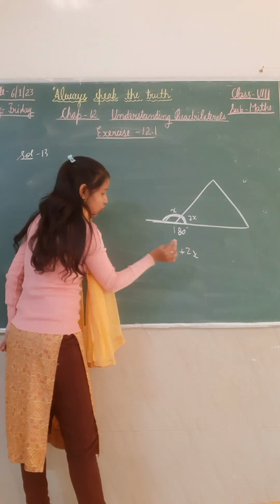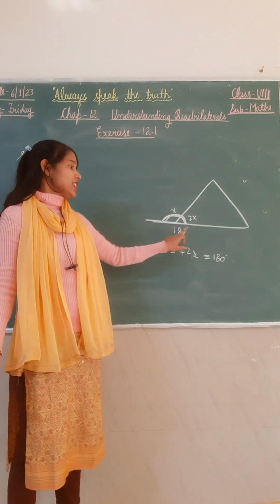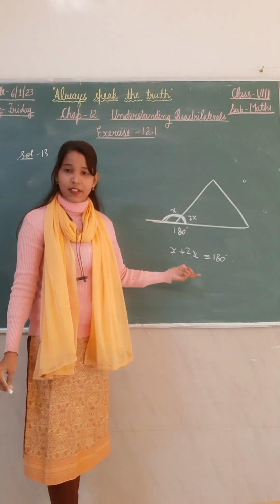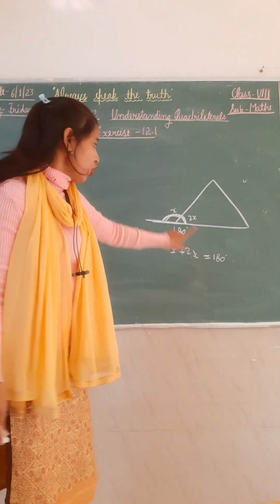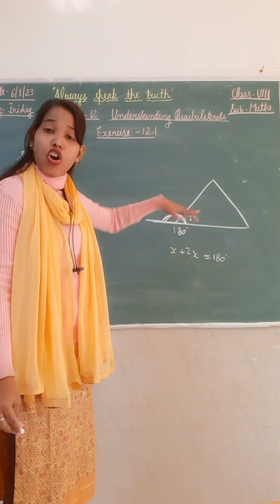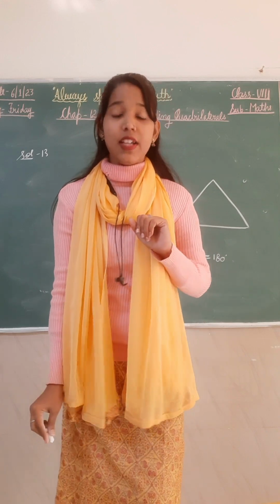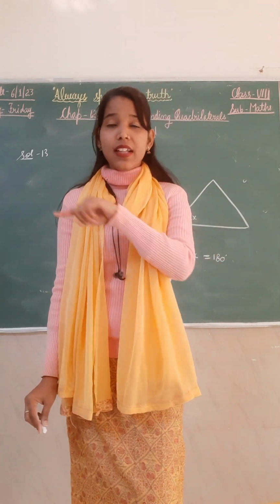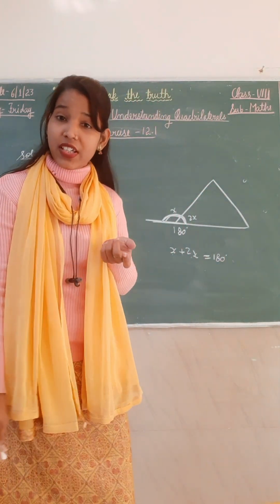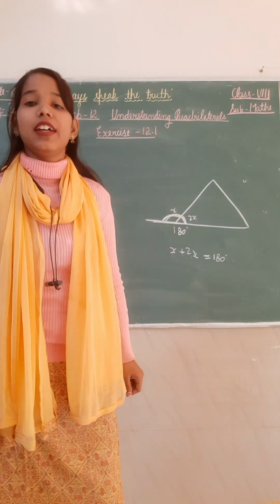So exterior plus interior is equal to 180 degrees. Why? Because these two angles are making a linear pair. That's why. So from here we can find the value of x. What will we get from here? The value of x. And what was the value of x? The exterior angle, right? And as soon as we get the exterior angle, we will easily find out how many sides there are, because we know that the sum of all the exterior angles is 360. And if we get one exterior angle, we will divide 360 by each angle, then we will easily get the number of sides.